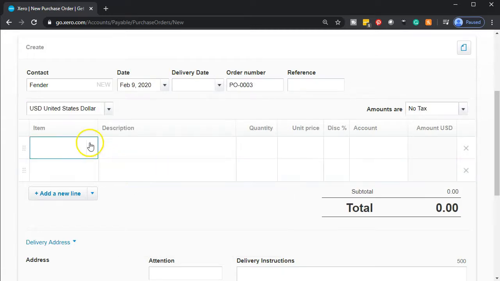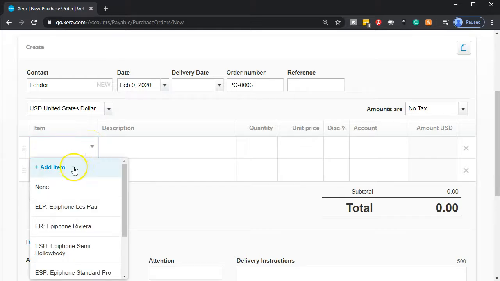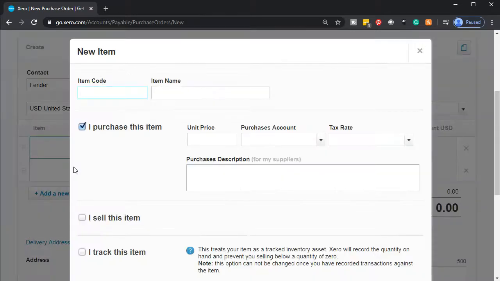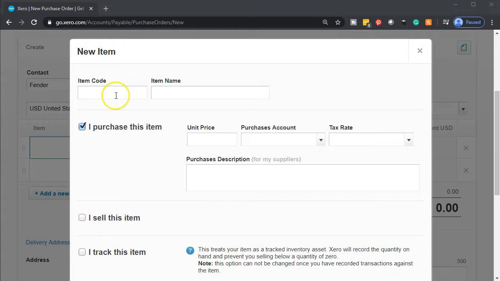We're going to have to set up a new item here because we've never dealt with Fender, this new vendor, and therefore never had the inventory item. So now we're going to set up an inventory item, which we're on the purchasing side. Haven't purchased it yet, but we are requesting a purchase with the purchase order. So the item code I'm going to say is an SQ. It's going to be SQ, and it's going to be a